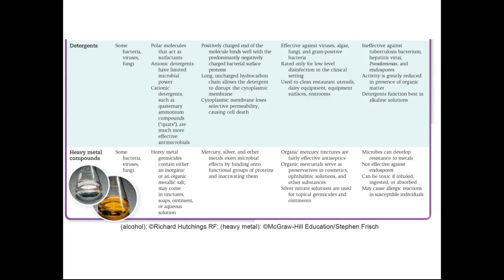Silver can still be used, although it's typically going to be impregnated into plastics and other solids to inhibit microbial growth on that surface. Mercury, silver, and other heavy metals with +1, +2, or +3 charges are typically going to bind to proteins, functional groups, or active sites of enzymes and deactivate them.